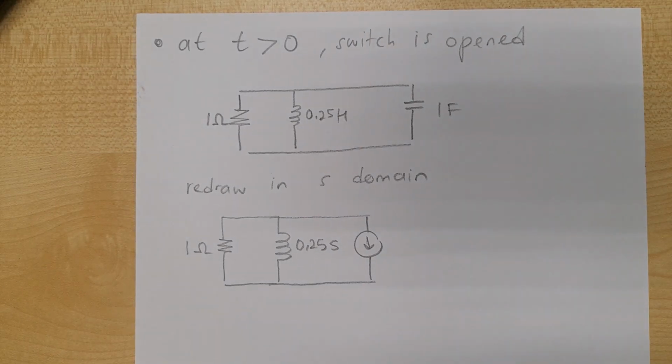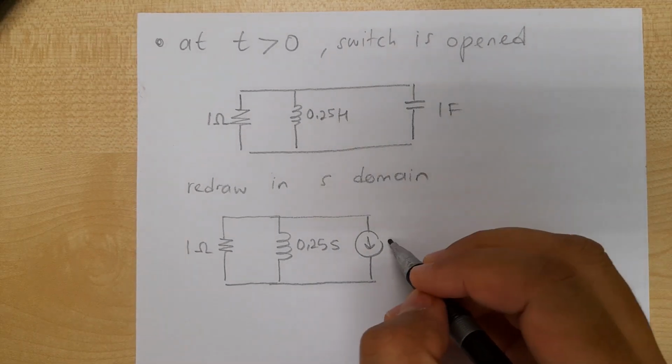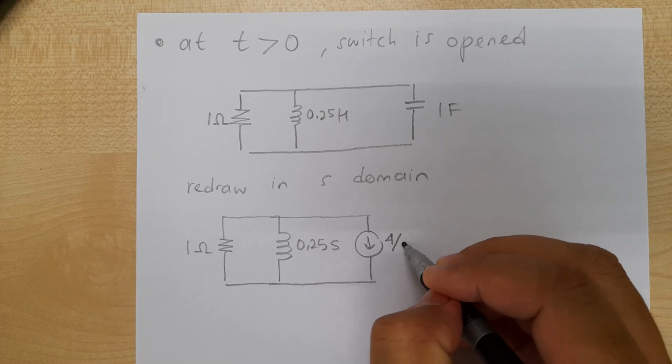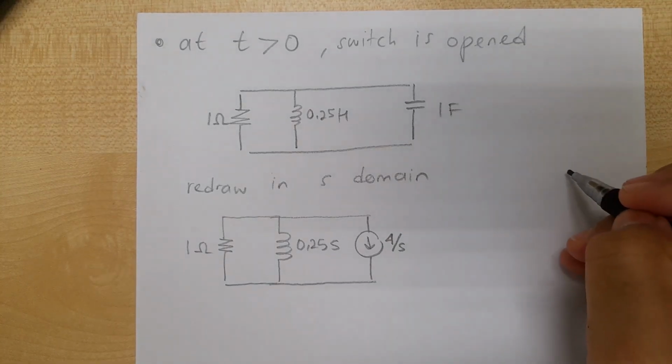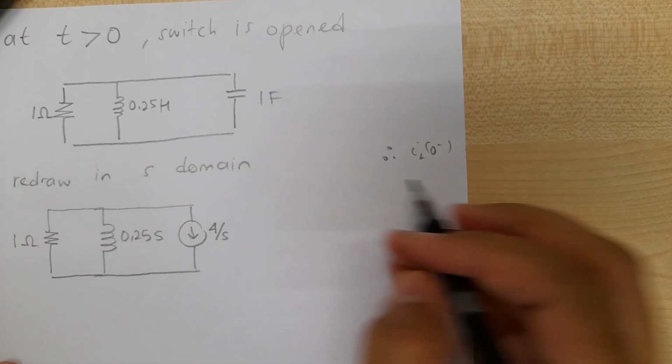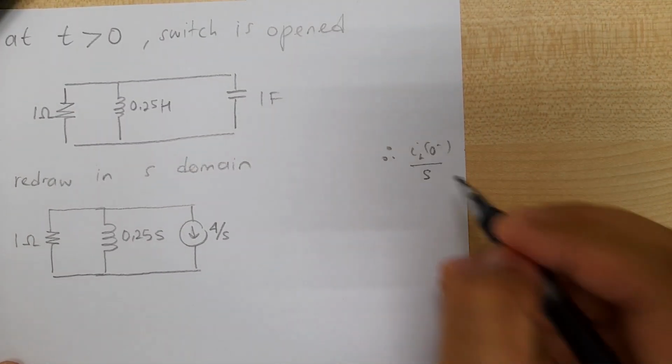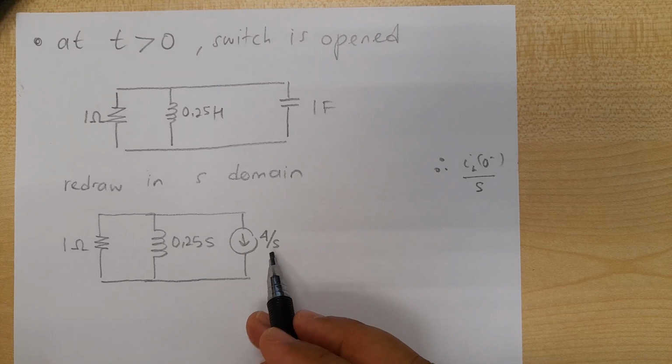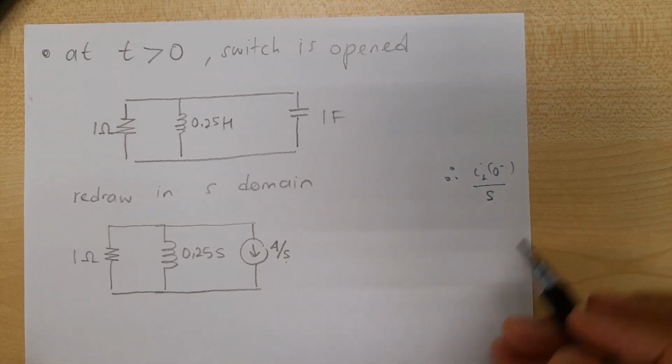Now this is 4 over S. Remember, it is I over S, right? So this is 4 over S,